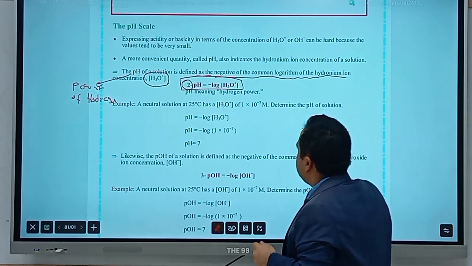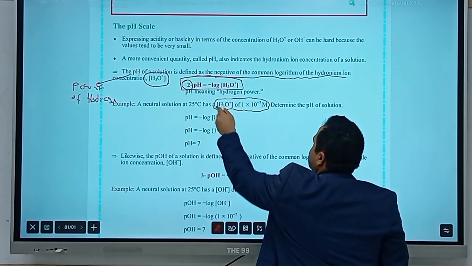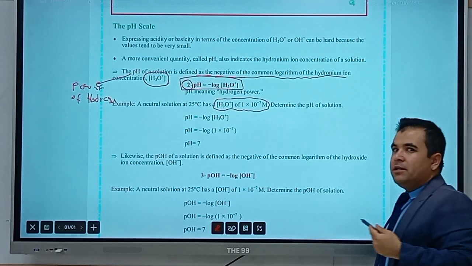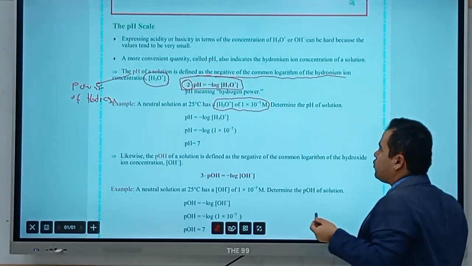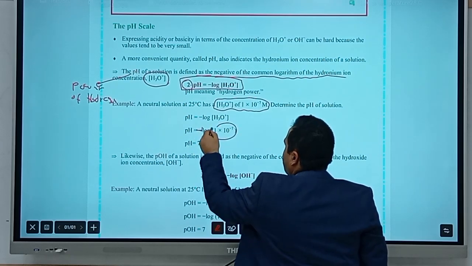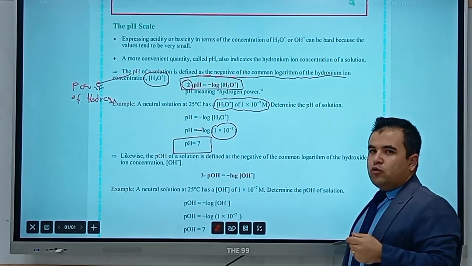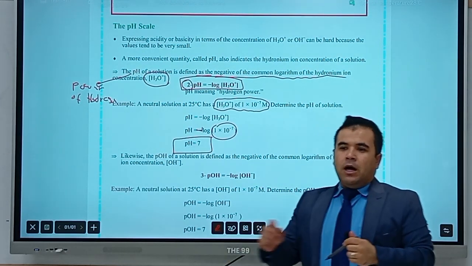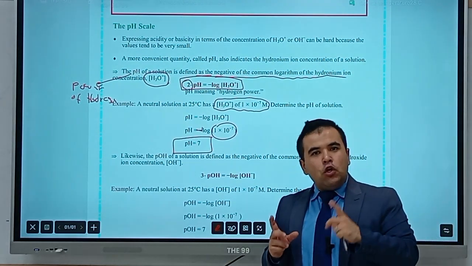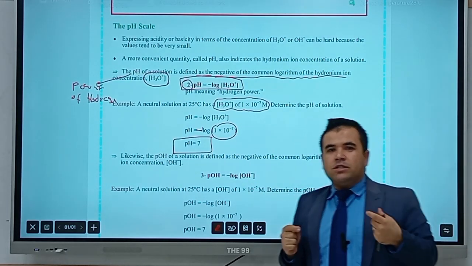For example, guys, here we have got hydronium equal to 10 to the power minus 7. How to find simply the pH of this solution? We have to say minus log of 10 to the power minus 7, and the pH is equal to 7. In the calculator, simply press the minus and then log, open the bracket, write the number, and it results in the